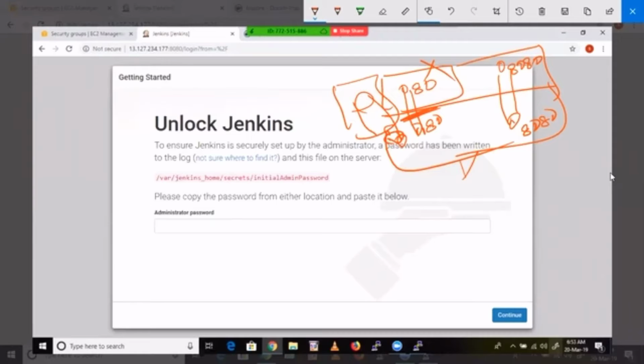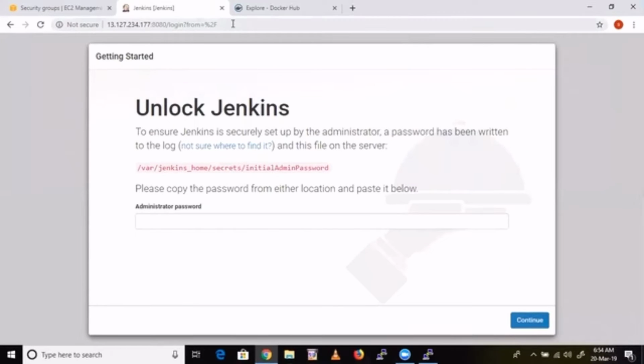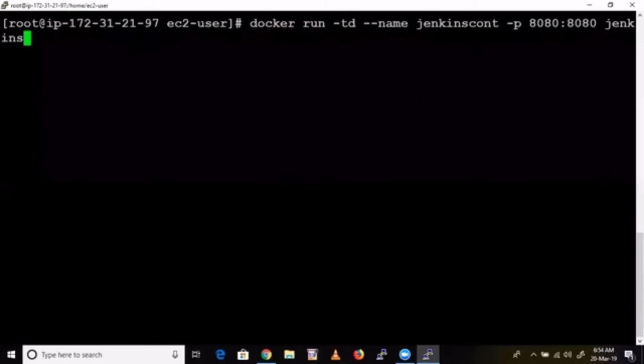See here, to install Jenkins in Windows or Linux, it takes a minimum of 10 minutes. In fact, more than that, because we need to install Java, set the Java path, install Jenkins, set the Java and Jenkins path, and all those things. But here, that's the advantage of Docker. That's the advantage of Docker, just for replication of the same environment. How fast it is. We have taken that image directly.